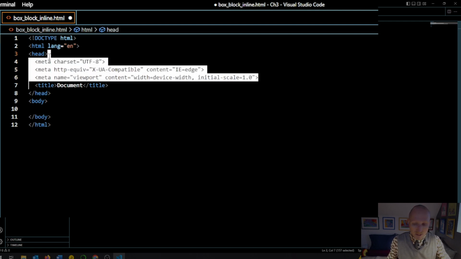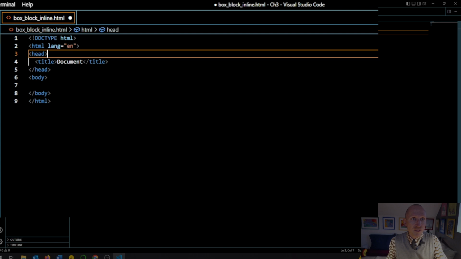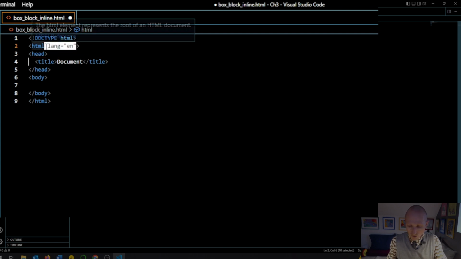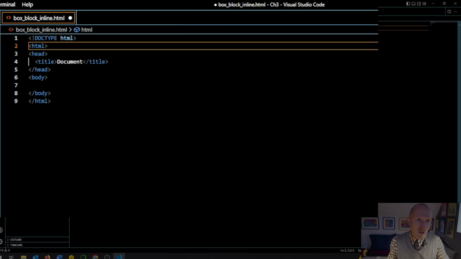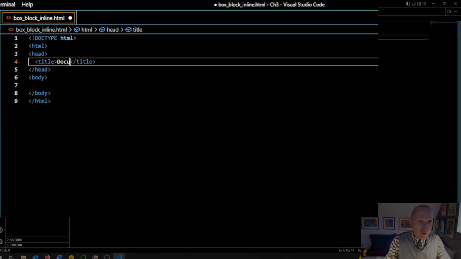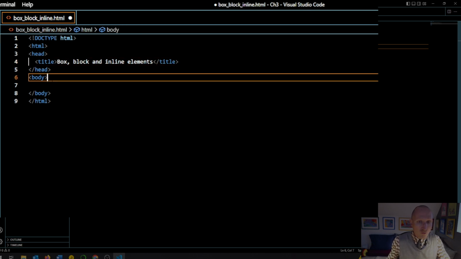I have explained all these elements in the first section. Then we are going to keep here the minimum that we need. The title, we are going to type here box, block and inline elements. This is the first thing. The second thing that we are going to do is to create